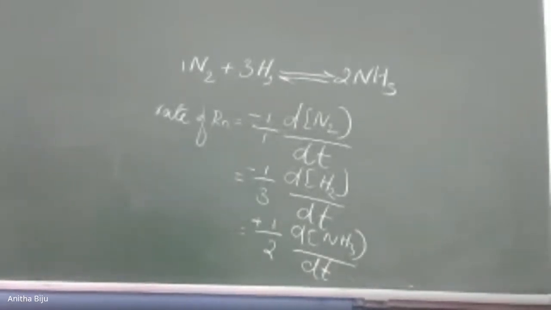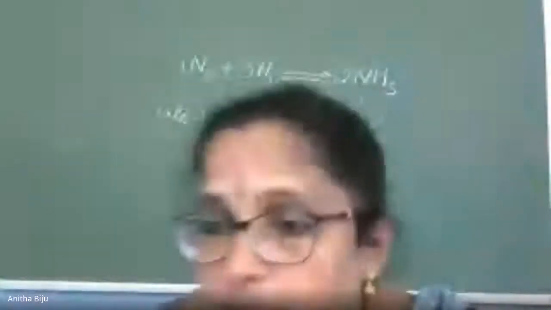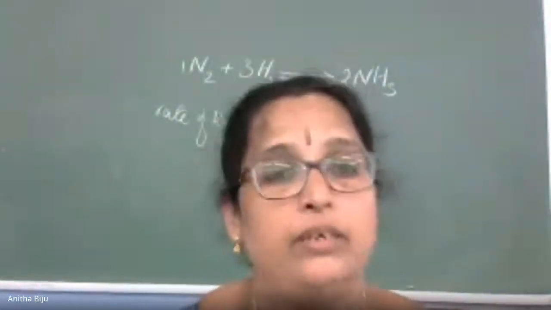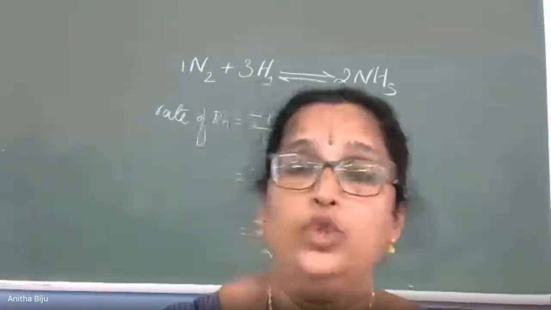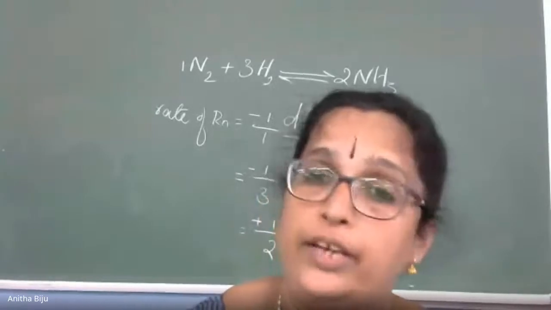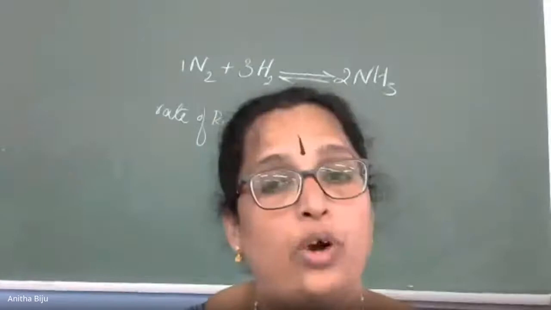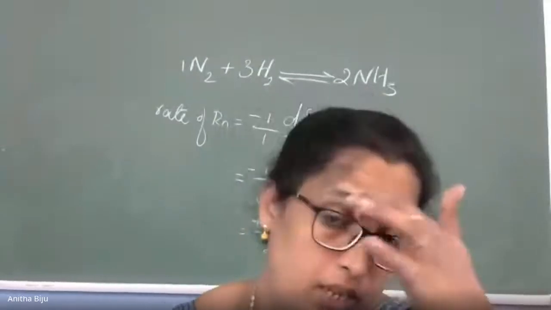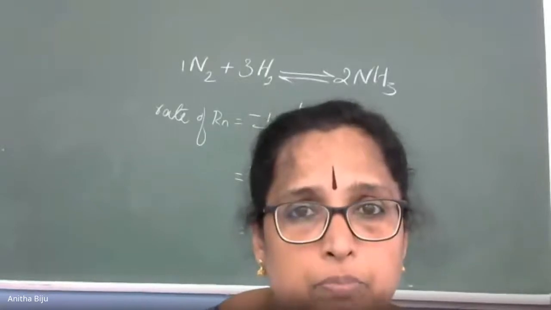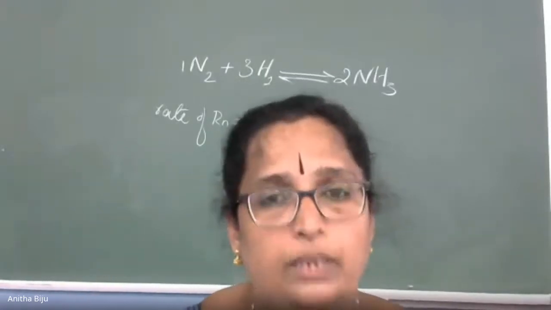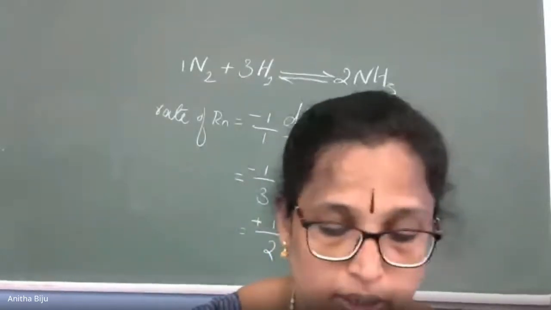Asta, very good. Okay, so this is the first part of the chapter. First part means you are provided with one particular chemical reaction and you are asked to find out the rate of the reaction expression. So this is the first part, and the derivation we will discuss in the next class. I will not wind up the class, so let us see something related to this topic in this slide. It will not take much time.